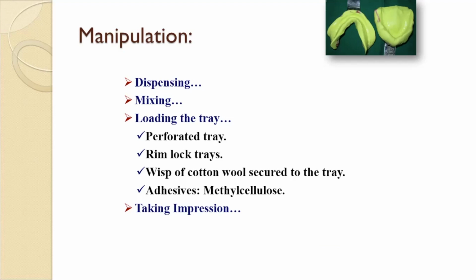So coming to your manipulation or your preparation of the alginate impression material. A proper mixture of water and powder is very essential. It has to be measured. So the powder is added slowly to the pre-measured water that has been poured into a clean bowl. That is the correct method. The powder is to be incorporated into the water by carefully mixing with a metal or plastic spatula that is sufficiently flexible to adapt well to the walls of the bowl.